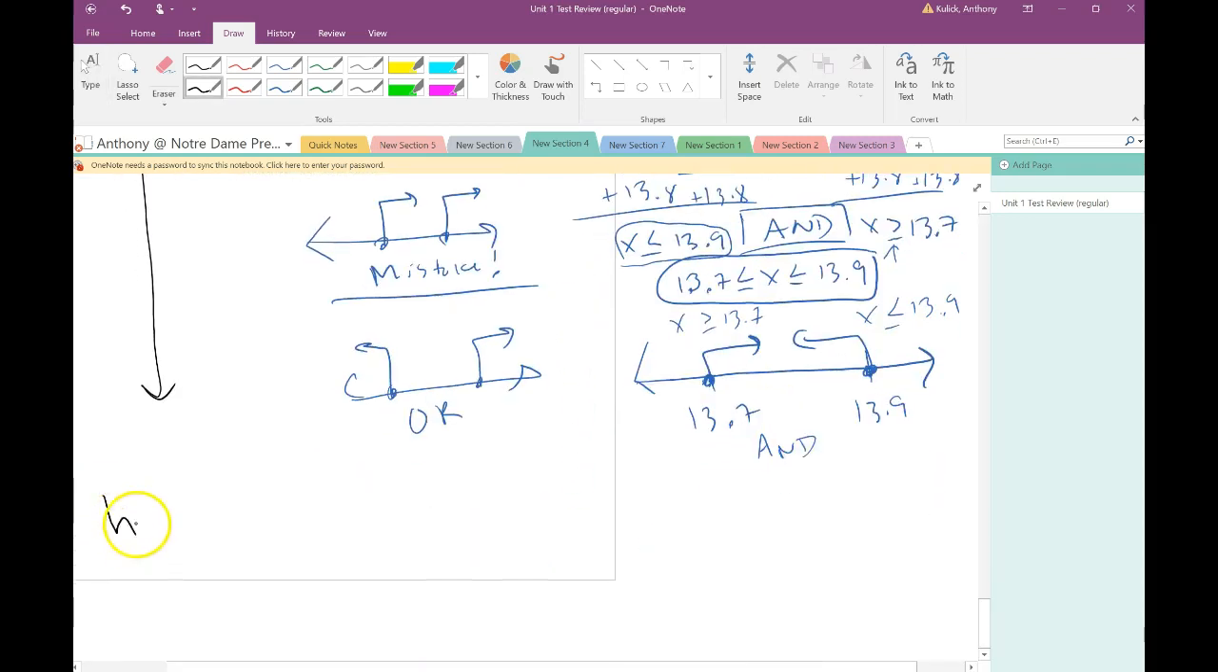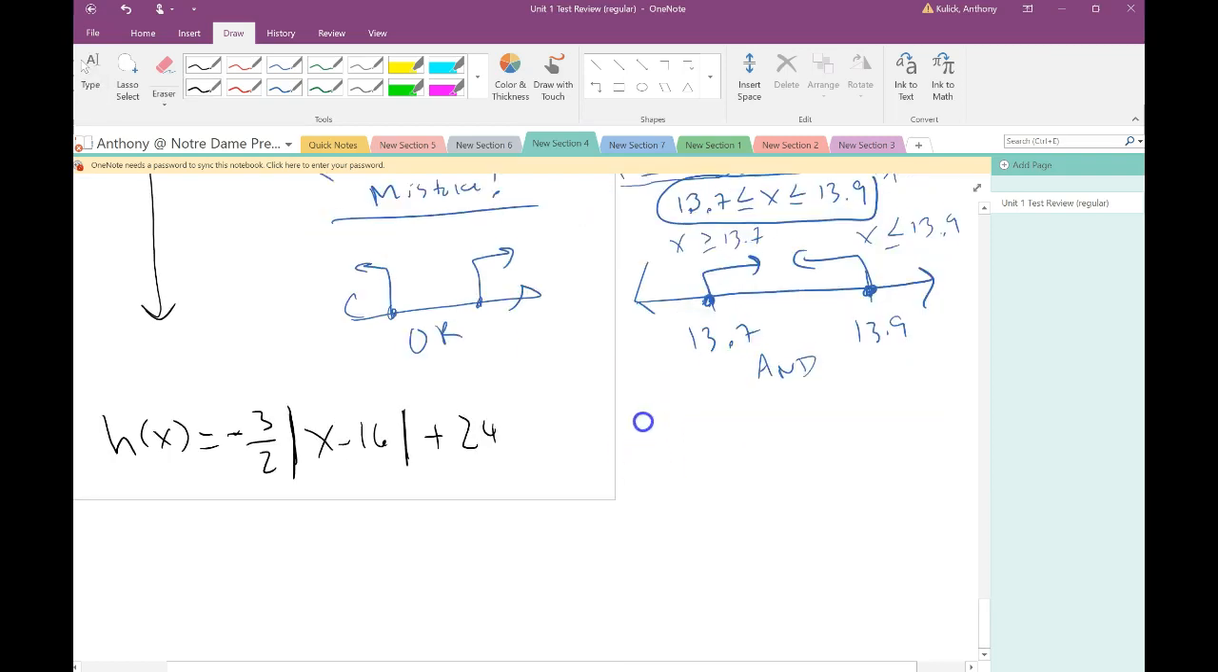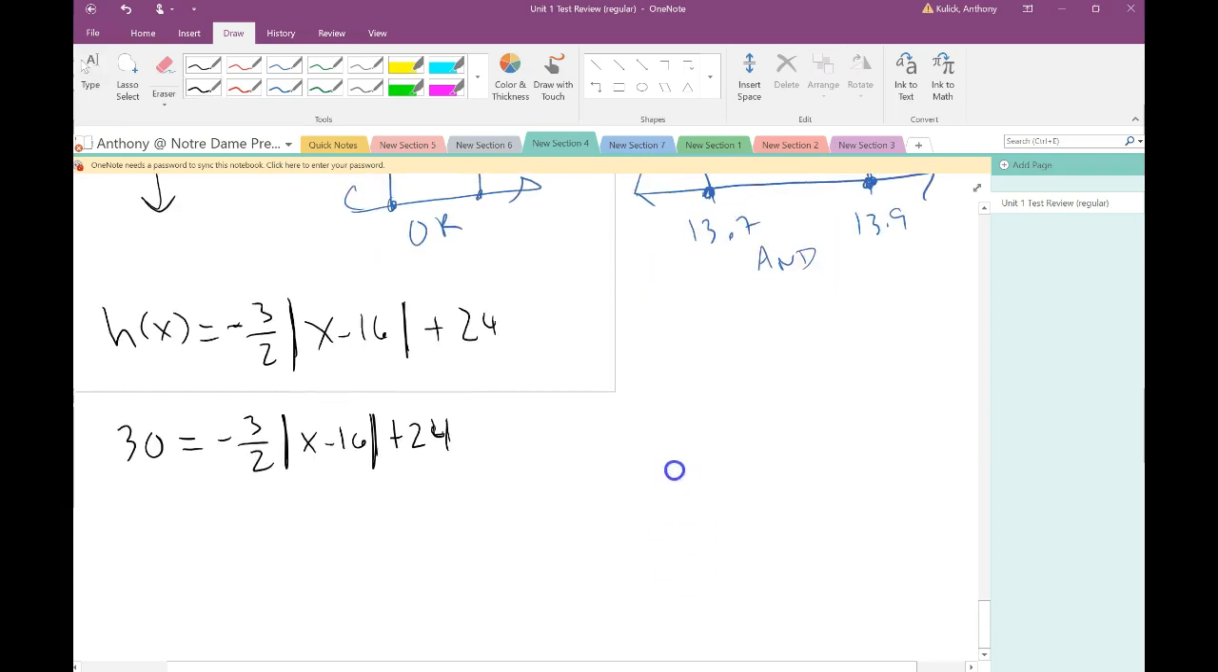So it says in the problem that the height that the satellite dish should be placed at is 30 feet. So my h of x needs to be 30, right? Everybody agree with that? So what I'm going to do is try to find an x that gives me an h of x of 30. So if I do that,